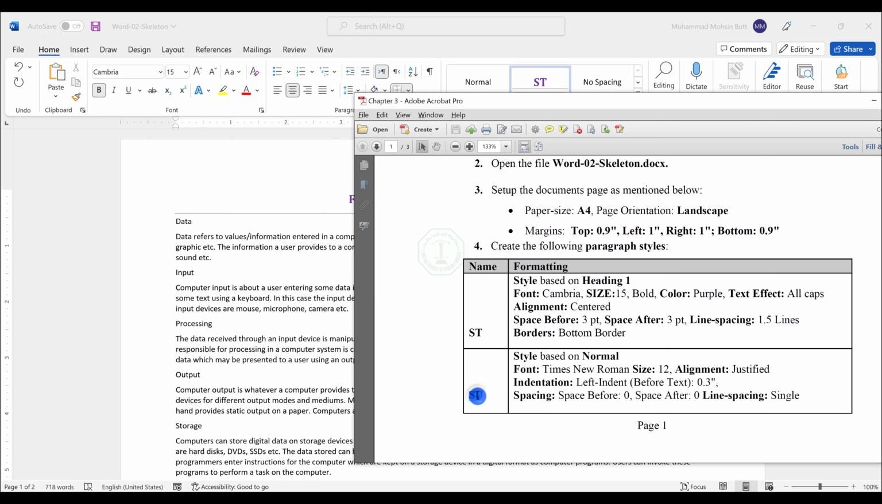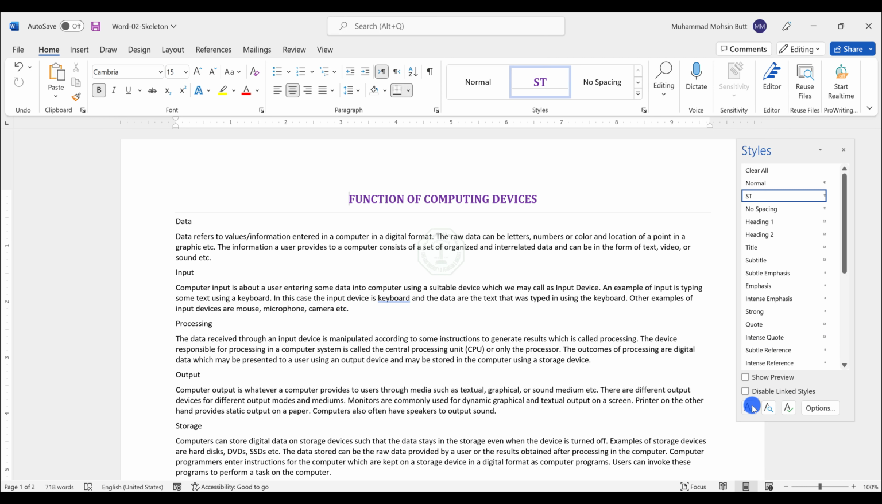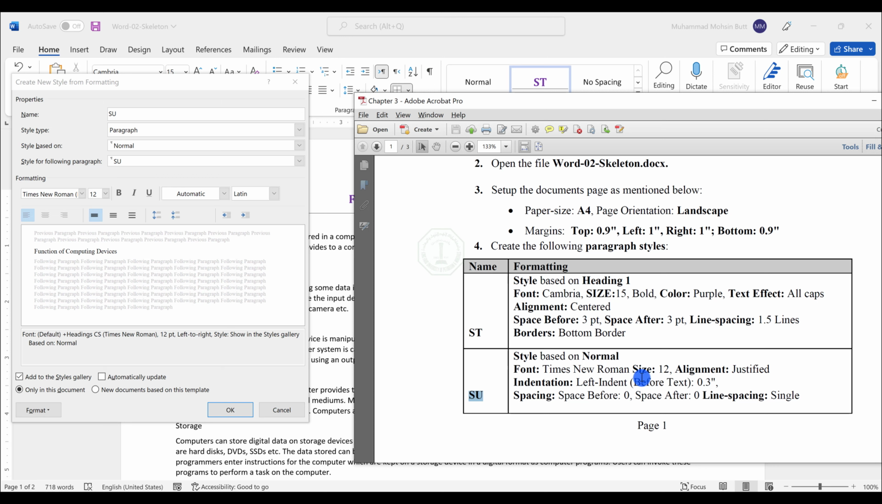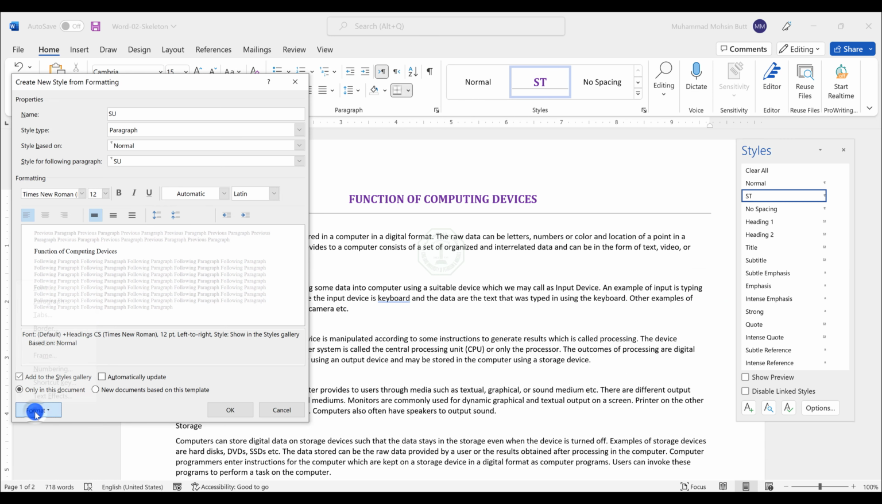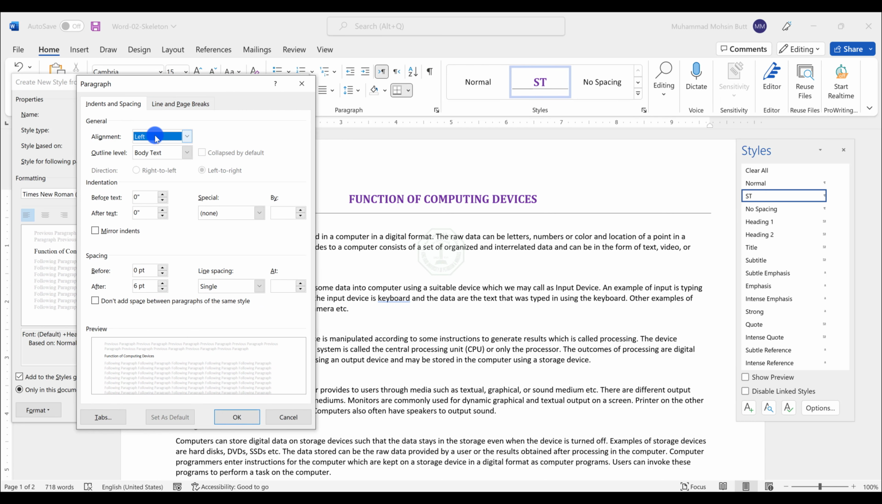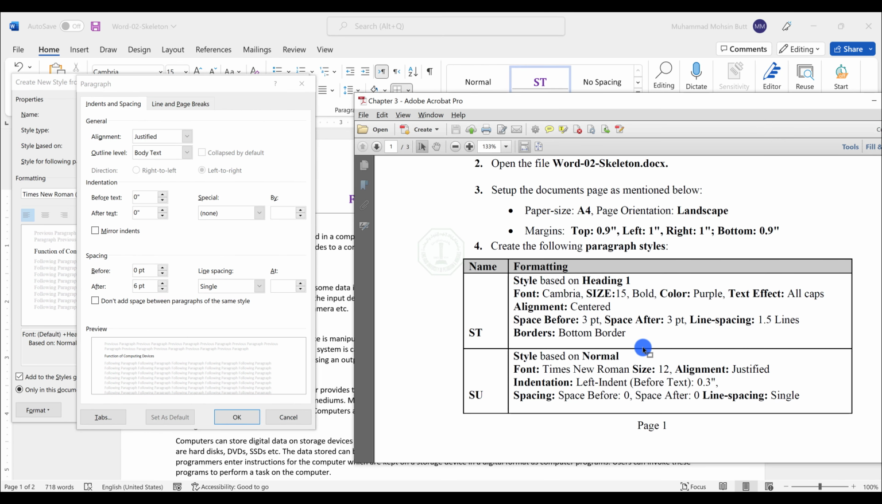The second one is SU. It is based on normal, and these are the properties. So let's try that one. I will create the new style one more time. The name should be SU based on normal style. The font is Times New Roman, and the size should be 12. And then we can set alignment to justified, and indentation and spacing options I will do after that. So alignment I can change to justified from the format paragraph settings. I can set up the alignment here to justified, and then